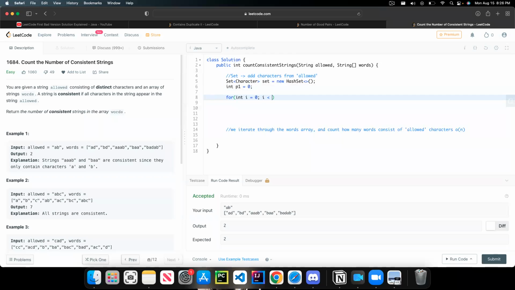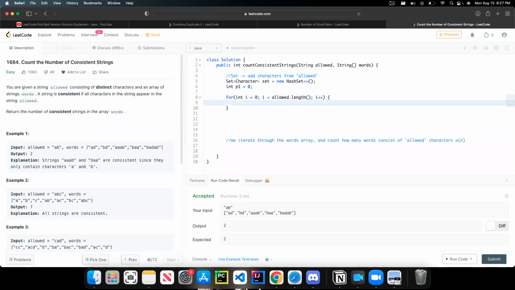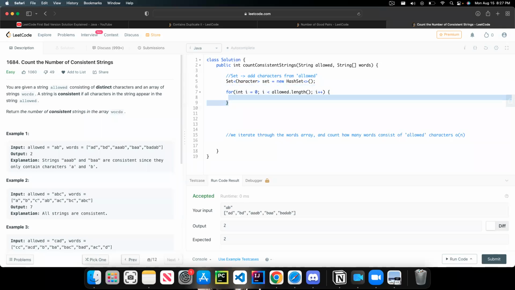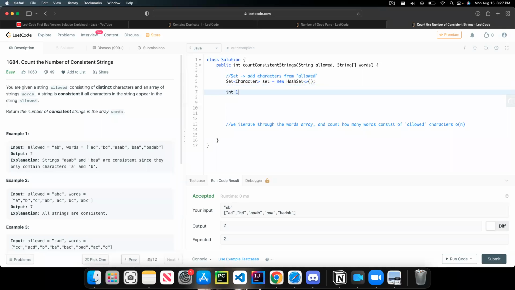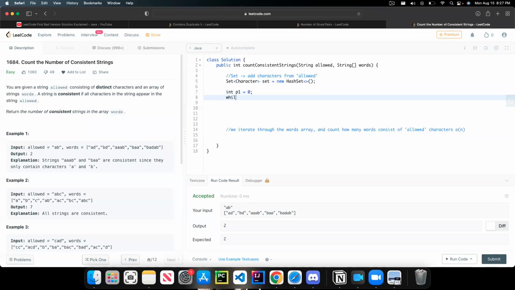I is less than allowed.length, I plus plus, both of these would work. Doing it in this manner, we actually wouldn't even need p1, but I'll just go ahead and do it this way, where we have p1, and that's established at 0. And while p1 is less than allowed.length,